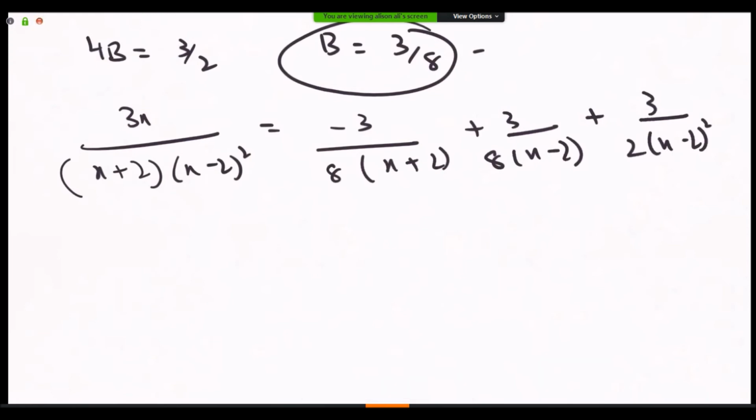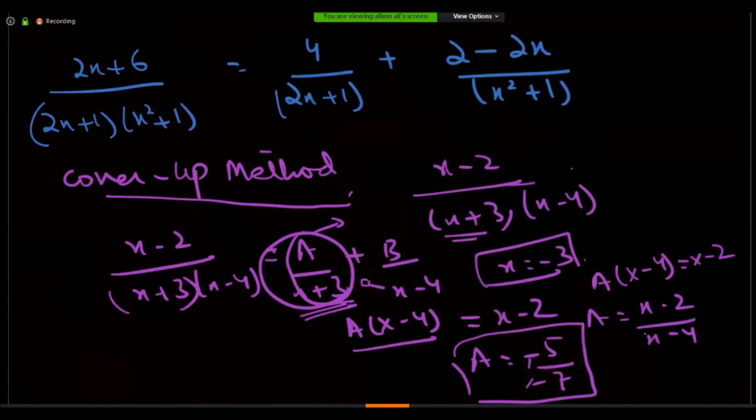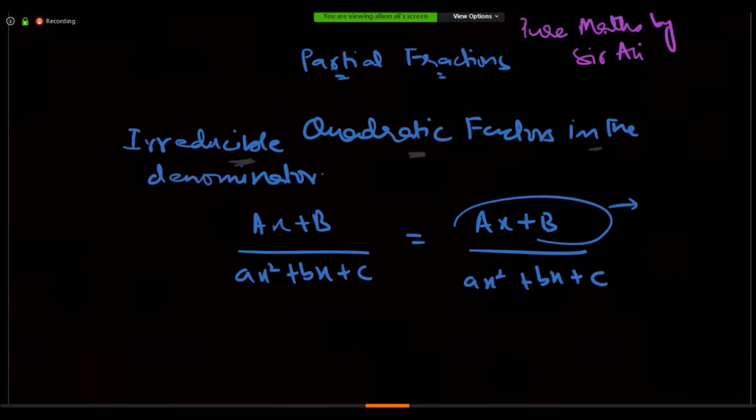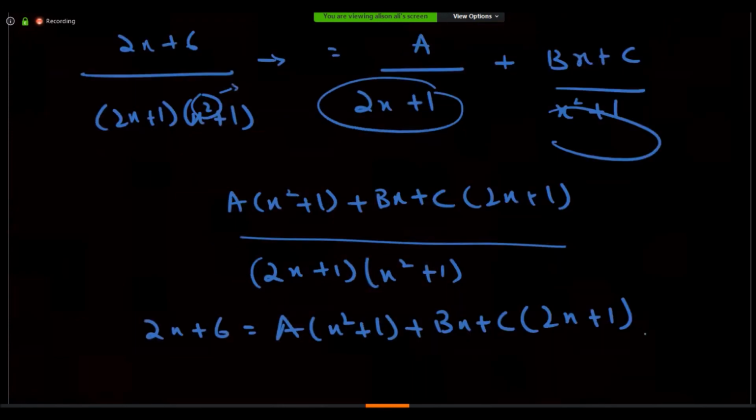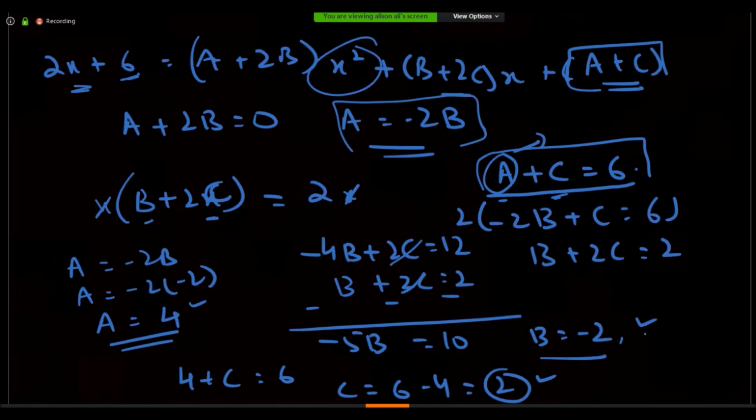Right. So in today's class, what we have discussed: we started off with factors in the denominator. We looked at a quadratic factor in the denominator and how we will be converting it into a partial fraction. Then we looked at another thing, right? It becomes ax plus b. And then we solved an example of x square plus 1. After doing this, we often tend to make mistakes in it because of the calculations.